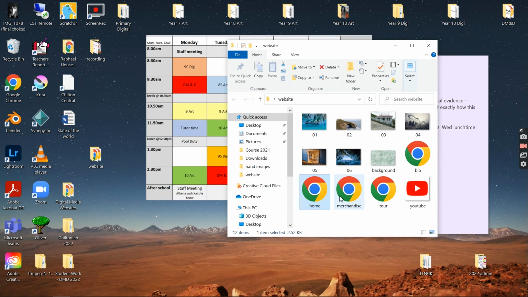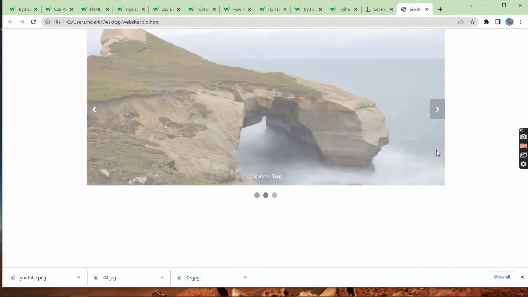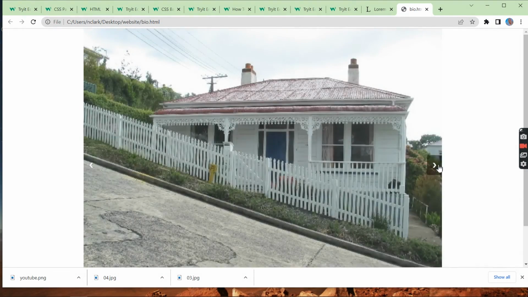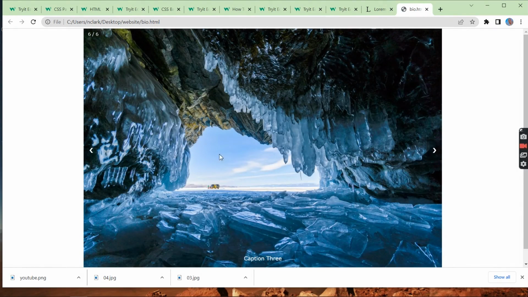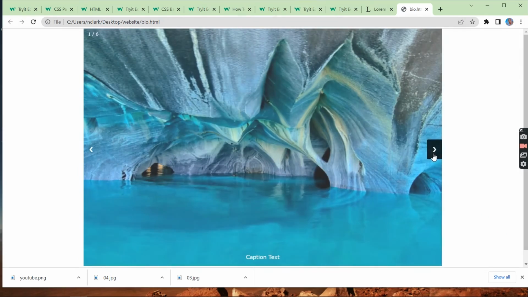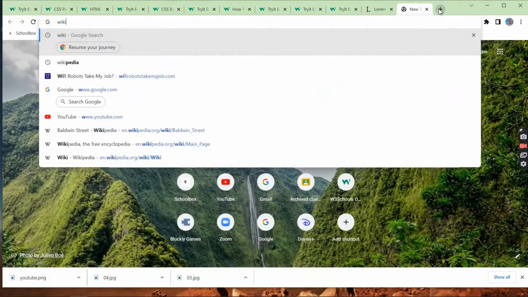And then I'll go on to, what was it called? Bio. Oh, wait. There's my images. Great. 6 out of 6 at the top. I didn't do any captions, but never mind. And it goes around again. And for my last page,